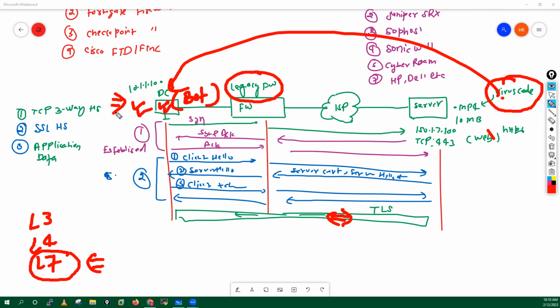So guys, now you will understand why people are migrating their legacy firewalls to next generation firewalls. A bot is nothing, it's just a compromised machine where a hacker has installed some type of malware or virus code. Now he can use that machine according to his commands. Okay,